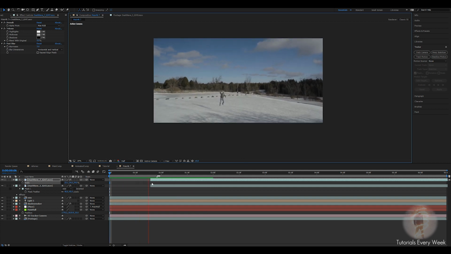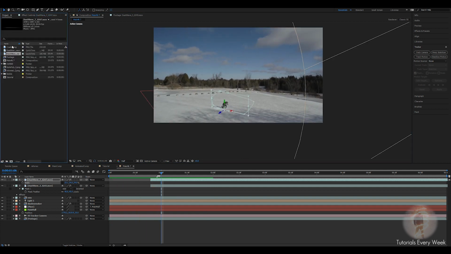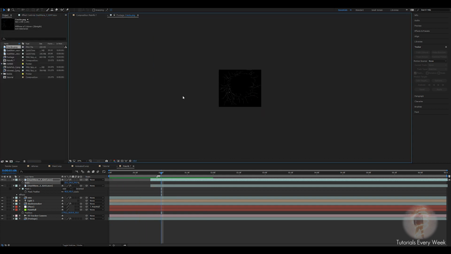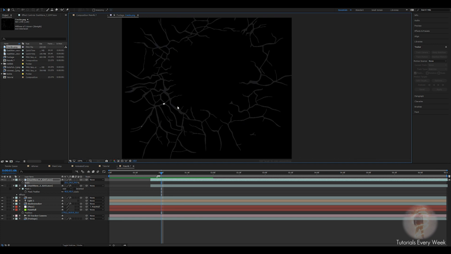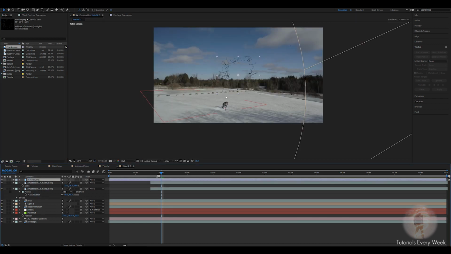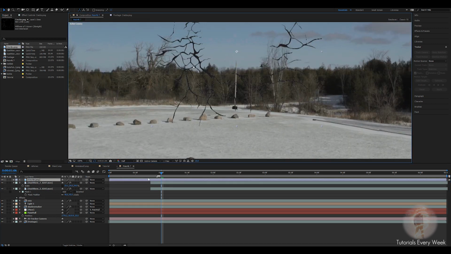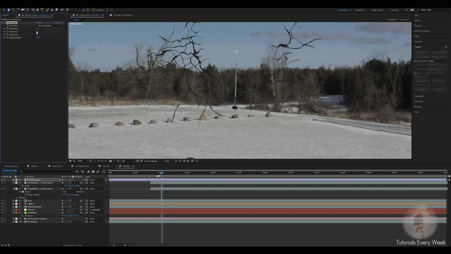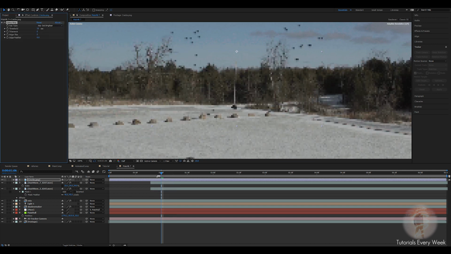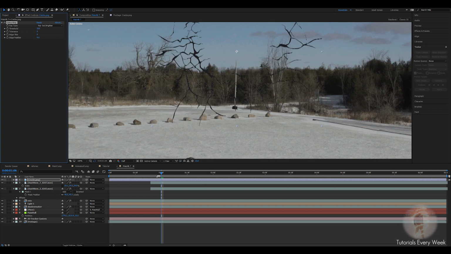Exactly what we want. Next thing we're going to do is grab the cracks. What I did is I just found a photo online of some cracks and downloaded it, and then I'm going to use that. If you have any white in the background, you can see there's a few white spots here. I'm going to go to Luma key, go brighter, and do this until